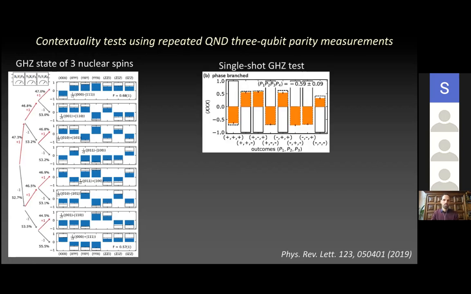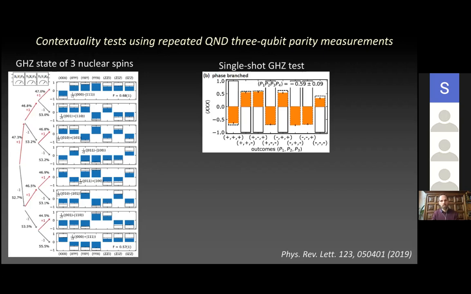Now, you can use that then to do a GHZ test. I think most of you will be familiar with the standard GHZ test. That's also done with entangled photons by Anton Zeilinger, for instance. In those tests with photons, you actually have to prepare these states, and then you measure always one instance, right? And you have to actually sample through all these different instances, and then together afterwards you collect all the data and you see a violation of the classical expectation.